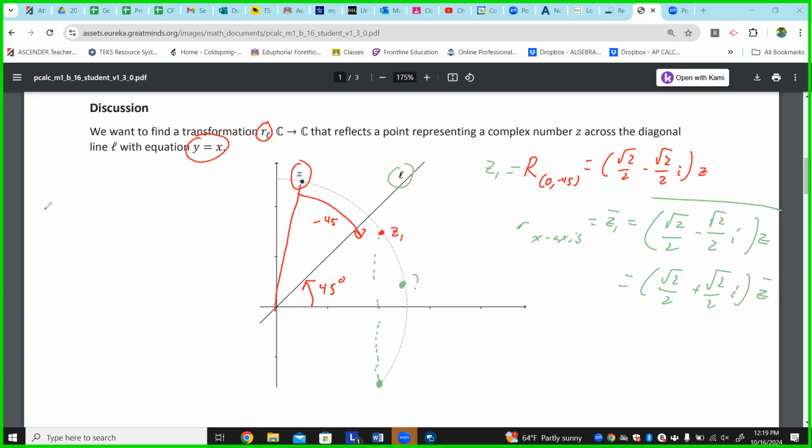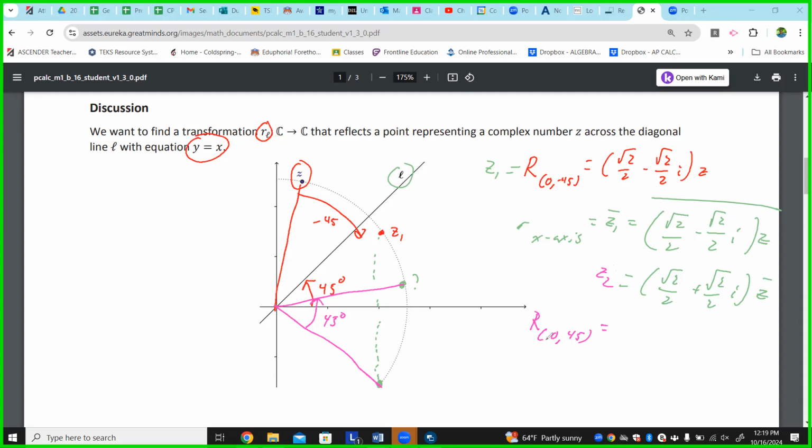But again, that's only putting me here. I still need to get here. And to do that, this right here would produce another 45 degrees, but now I'm going counterclockwise. So instead of a negative 45, I would now need to calculate, and we'll call this whole thing here z2, that'll be what that point is. So if I do a rotation around that same origin of 45 degrees to go back to this original reflection point,